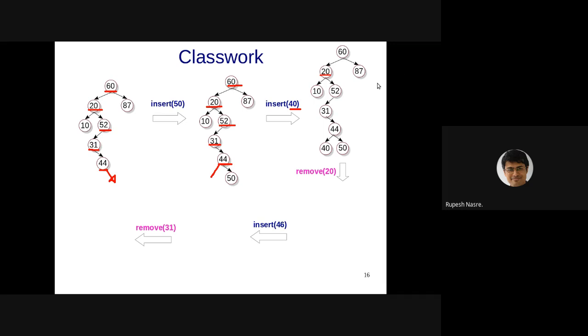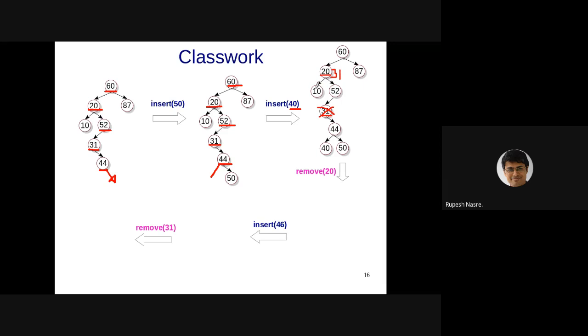Now when you have to replace this 20 with 31, so let's say that has happened, then we don't have to worry about the BST property. The BST property is still satisfied, meaning once you remove this particular node. And once you remove this node, then 44 is going to become the left child of 52, and you get the BST property, right? So that seems to be one way of doing this.